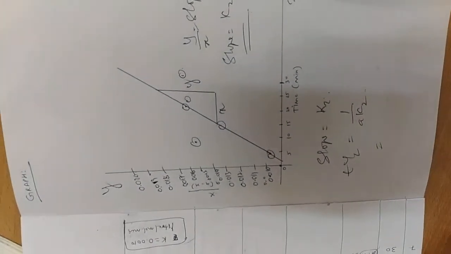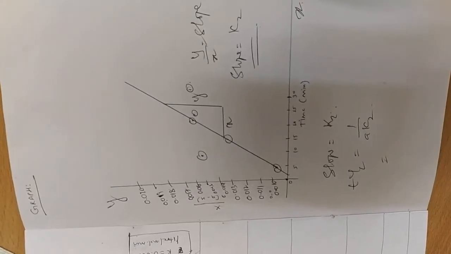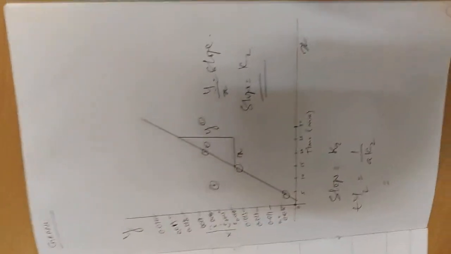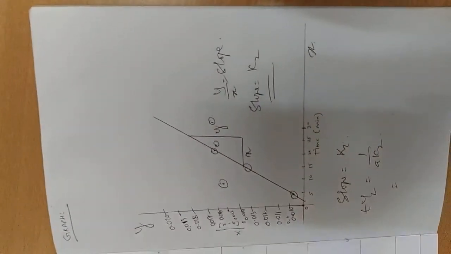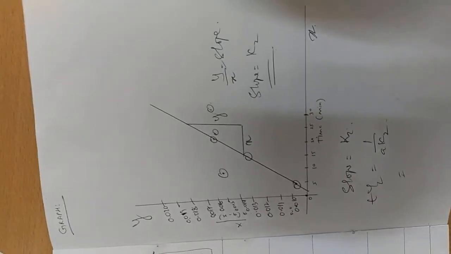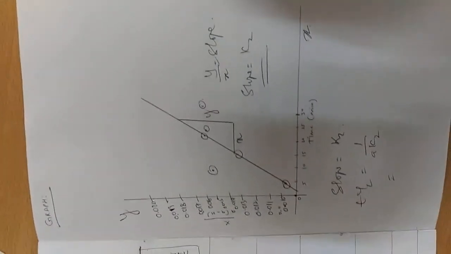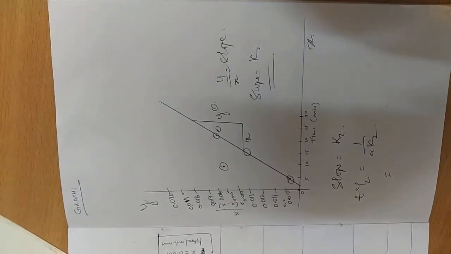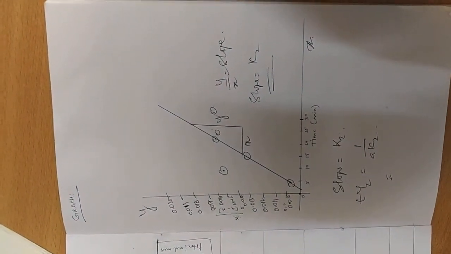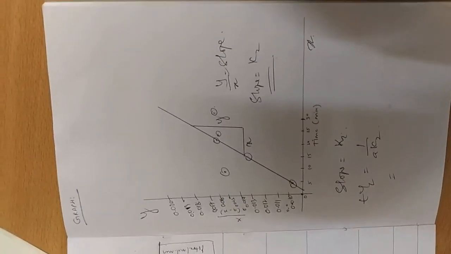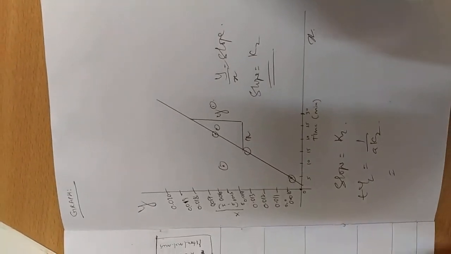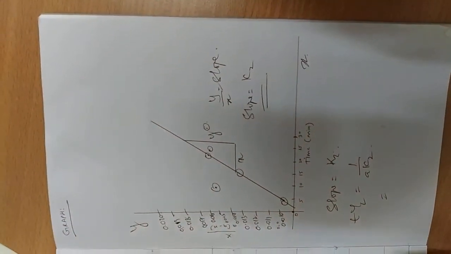It has been found that in the second order rate of reaction, the values of k are calculated using different formulas, and it is expressed in liters per mole into minute, whereas in the first order it is minutes to the power of -1, and there the slope is negative in case of the first order. Here we are getting a positive slope. The t half in first order is 0.693 divided by k, and here it is 1 by a into k2. So these are some of the differences we can see, and that is an acid hydrolysis.